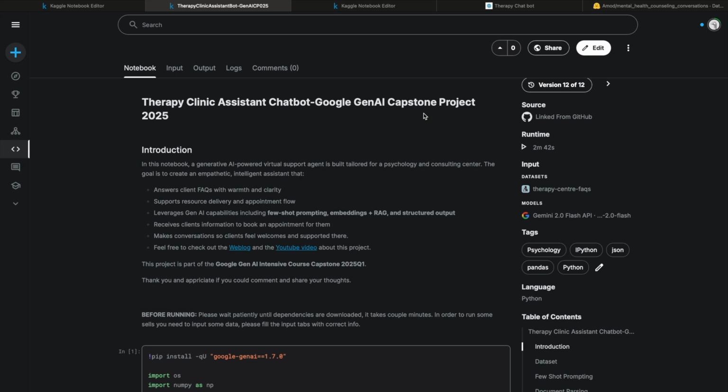Welcome to Therapy Clinic Assistant, aka TherapyRobo. This is literally my second version of this notebook. I'll explain later what happened to the first version, but as for the Google GenAI Capstone Project 2025, this is my final version. In this notebook, I'm trying to use the GenAI capabilities along with other models and datasets to enrich